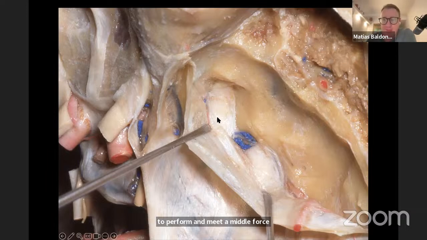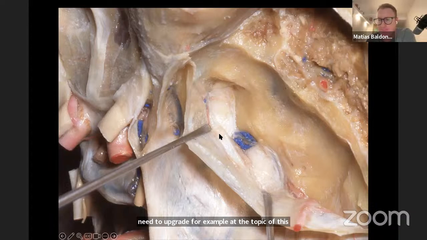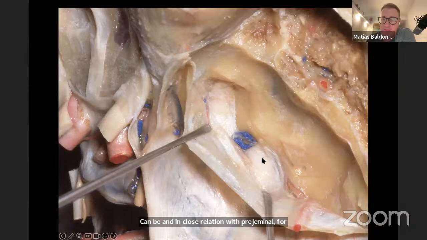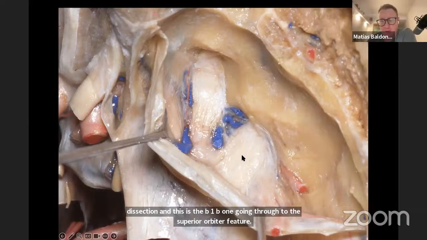If we need to operate, for example, the topic of this webinar is neurovascular decompression, but sometimes the nerve can be in close relation with trigeminal schwannomas, and sometimes we need to perform a middle fossa peeling in order to expose the V2 and V3 branches, as we can observe in this specimen dissection. And this is the V1. V1 goes through the superior orbital fissure, V2 the foramen rotundum, and V3 the foramen ovale,